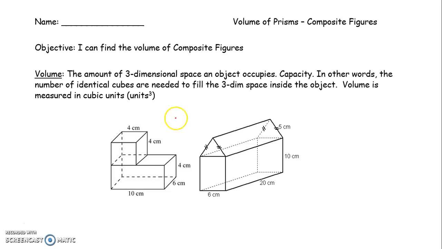Maybe it's made up of a rectangular prism and a cube. Maybe the three-dimensional solid is made up of a rectangular prism and a triangular prism. And you can actually find the volume of these in two different ways. You can either add the volumes of each individual solid, the rectangular prism, then the triangular prism, or you can